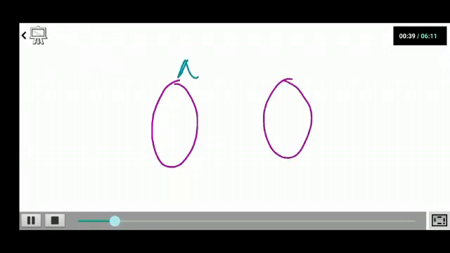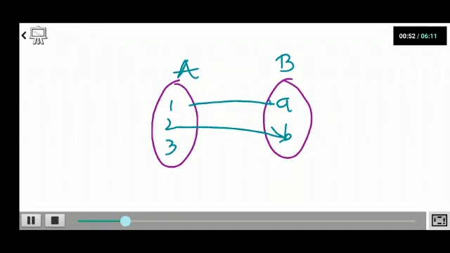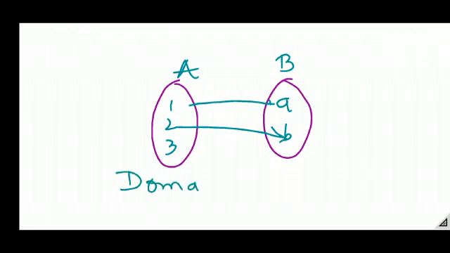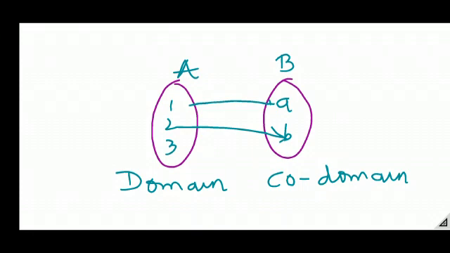A and B, and then we have some relation or connectivity between the two elements. Set A is called a domain, whereas set B is called a codomain. This thing you must be remembering. Now what is relation? That it has a specific connectivity. The elements of A have specific connectivity with the element of B. So we have already studied that your relation is nothing but the subset of Cartesian product A cross B.